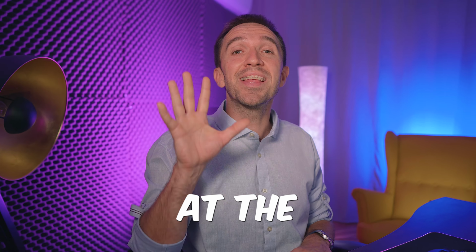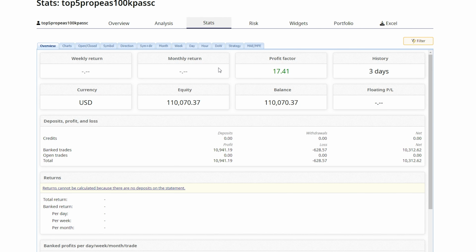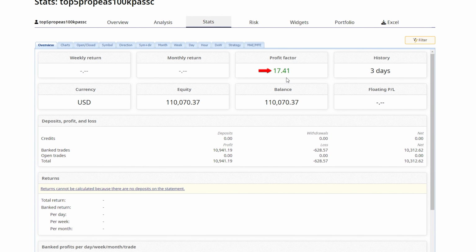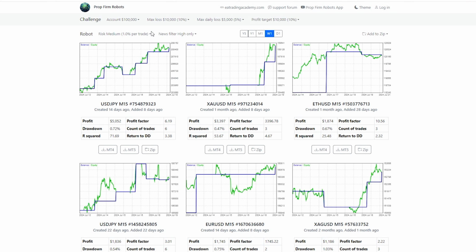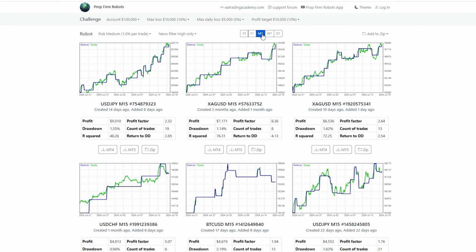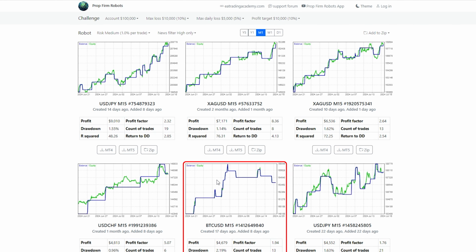but I was looking at the monthly performance. So here are the stats. If I click on the overview, you will see that the profit factor was above 17, which is great, and the challenge passed very quickly. It says 3 days in FX Blue, but I believe it was 5 trading days and I recorded a video about it. But in this challenge I was using the expert advisors that are most profitable for the last 1